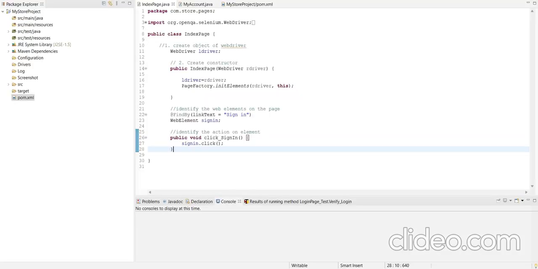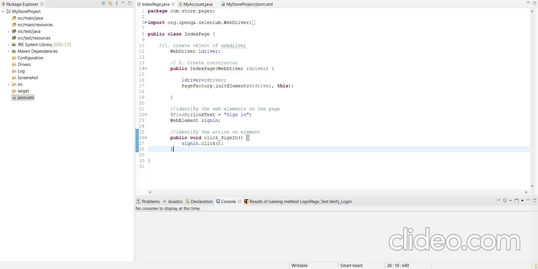As we have created the index page, first we create the object of the driver, then we create the constructor. A constructor is a special type of method which is used to initialize the object. The rule for the constructor is that the class name should be the same as the constructor name.